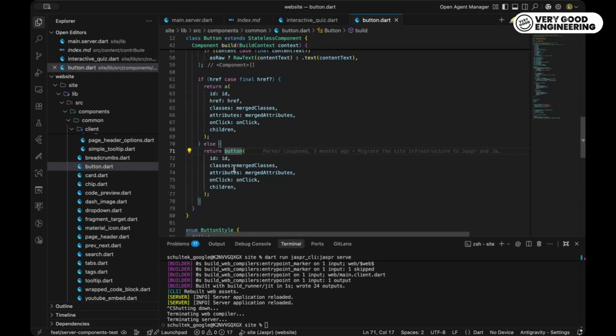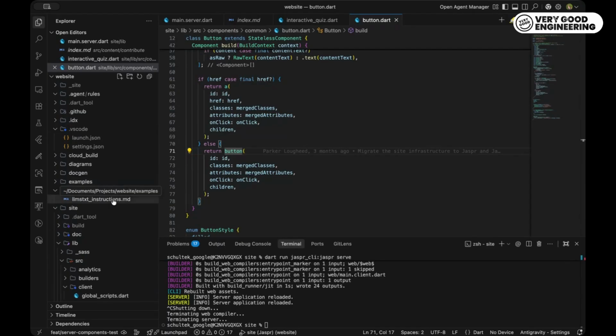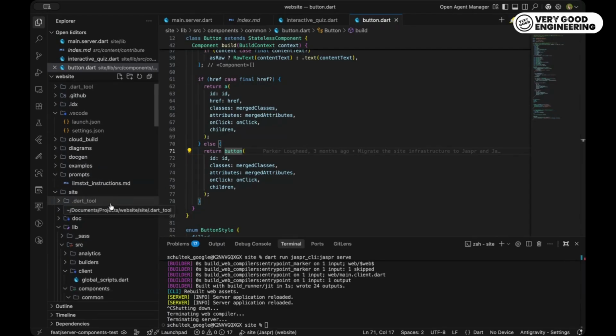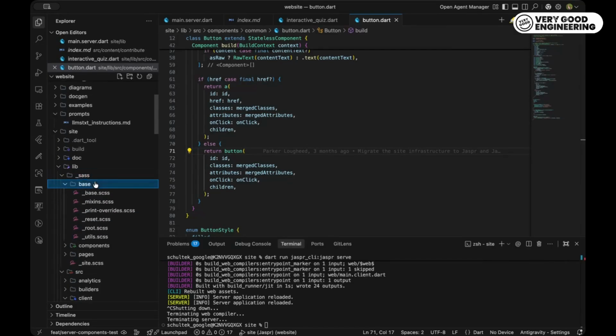Jaspr is pretty much open to whatever styling solution you want to use. In the case of the Dart and Flutter websites, we already had a bunch of CSS files, specifically Sass, which is a CSS dialect, and we kept all that. We didn't migrate it because there was no need to.